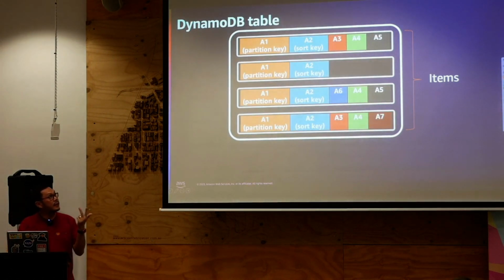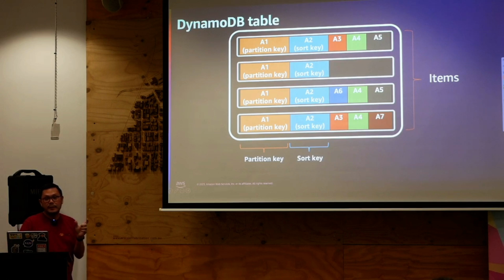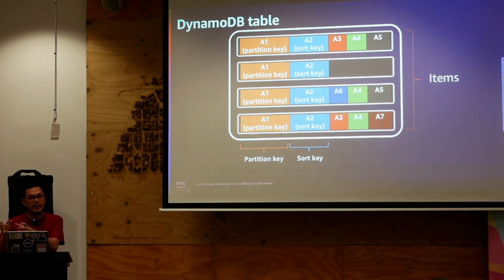And an item first requires a partition key, right? This is going to be used by DynamoDB to get your item and then put that into a massive partition that we created on behalf of you, right? And then you have the optional sort key. This is optional, right? If you only specify a partition key, then you use DynamoDB as a key value table. But the sort key is where you put your item within that particular partition, right? So that allows you to either selectively select an item from that particular partition or select items within a particular